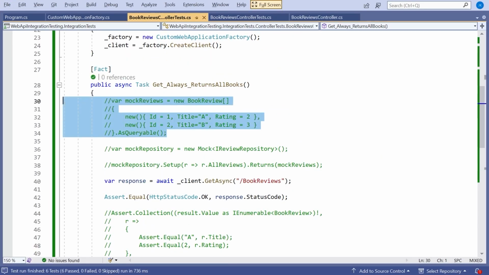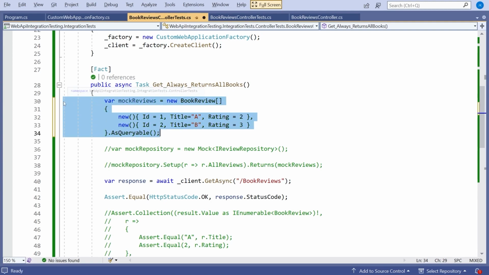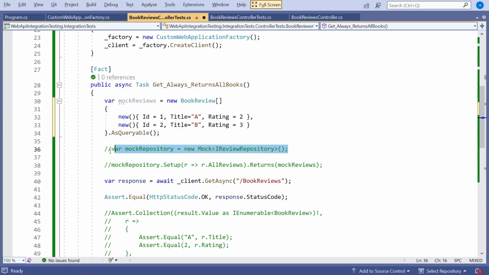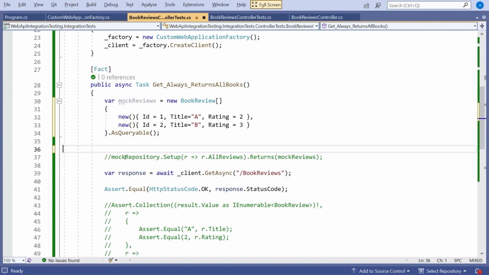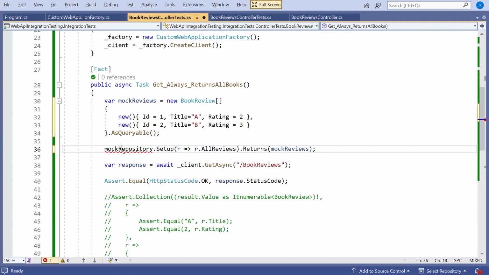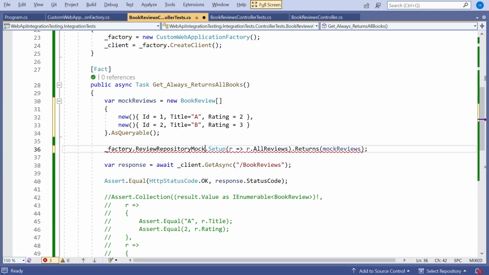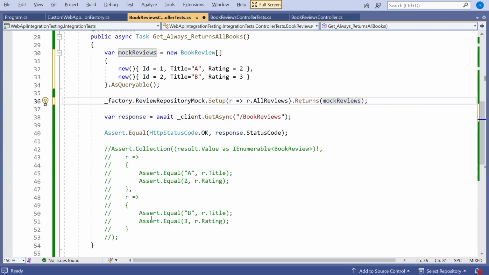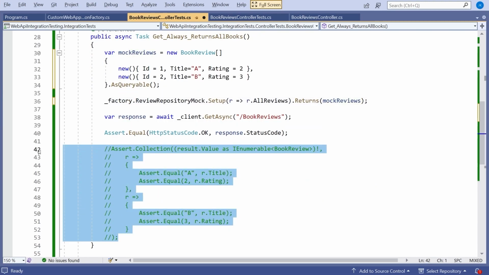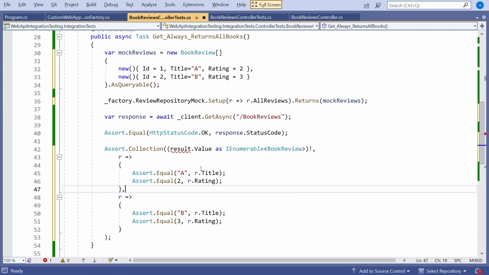So we'll uncomment those mock books, but now rather than creating our own repository locally, we're going to use the _factory dot, and then we've got that public property for the repository, and so there we're passing in the mock reviews, which means we can now also have a look at the collection there, except that it's not result.Value.